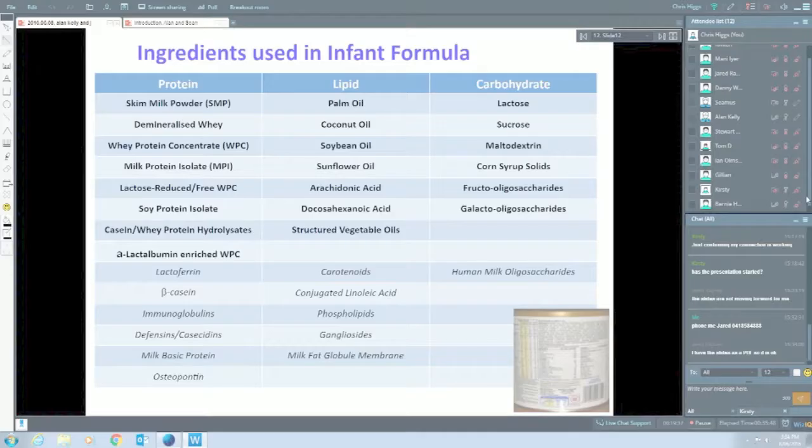Now, what you'll see at the top of the list here is skim milk powder, and that obviously is the backbone of many early stage infant nutrition products, because it contributes all of the casein, some of the whey protein, and quite a bit of the minerals as well. I guess it's obvious to most people, but the reason it's skim milk powder and not whole milk powder is that it allows the formulators the opportunity to blend typically vegetable oils then to best match the fatty acid profile of human milk. And any additional carbohydrate that's required in the form of lactose is typically added in as a